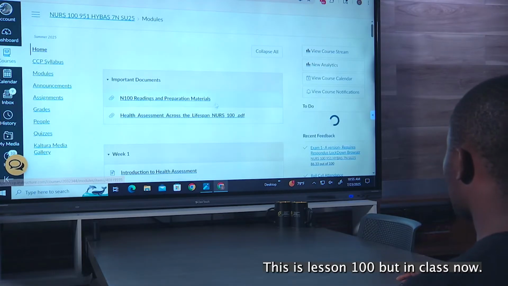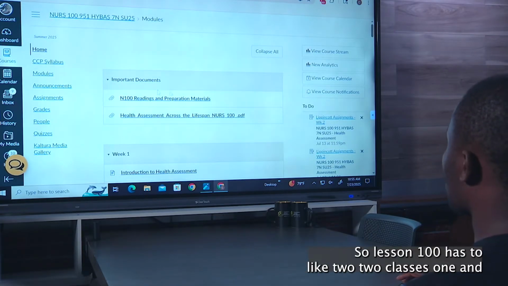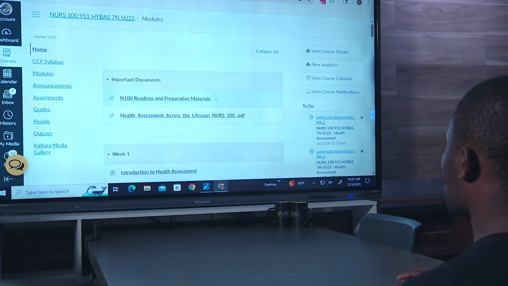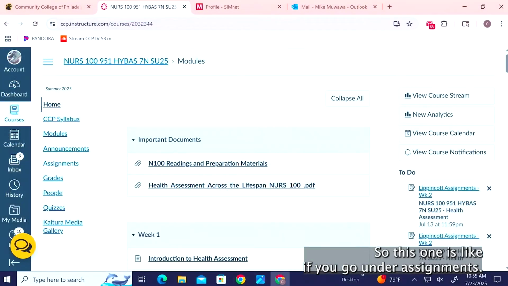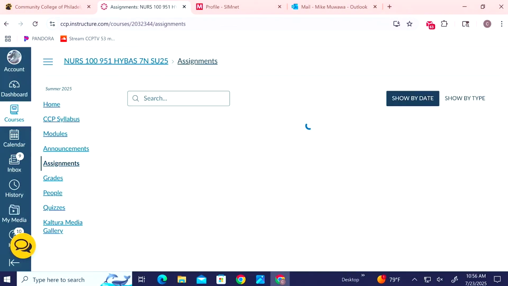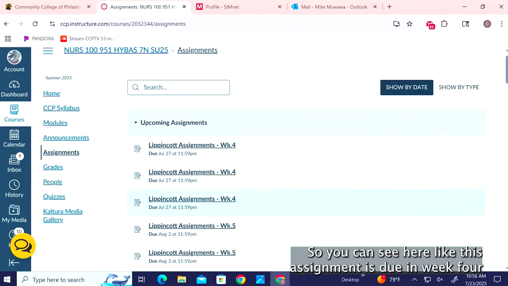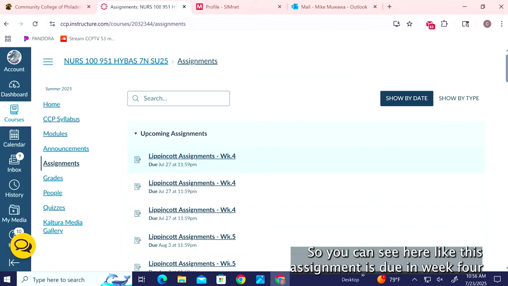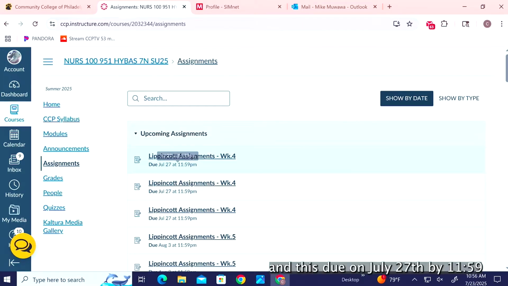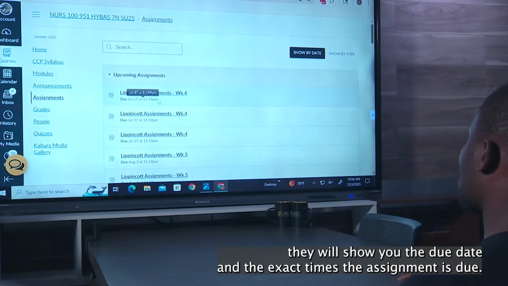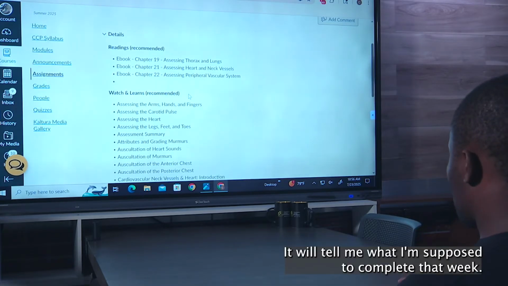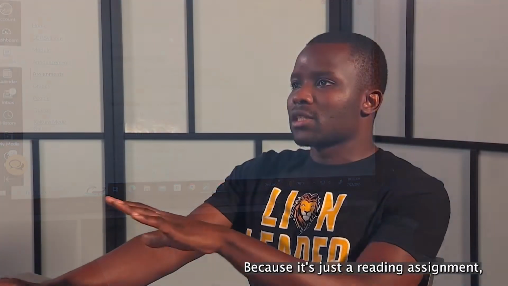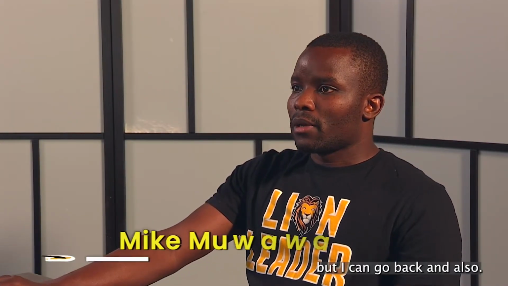So this is nursing 100, the same nursing 100 but in class now. Nursing 100 has two classes, one for lab and the other one you have to go physically in class as well. So for these ones, if you go under assignments, yeah, you can see here this assignment is due in week 4 and it's due on July 27th at 11:59. Most of the assignments will show you the due date and the exact time which the assignment is due. If I click here, it will tell me what I'm supposed to complete that week because it's just a reading assignment. But I can go back and also